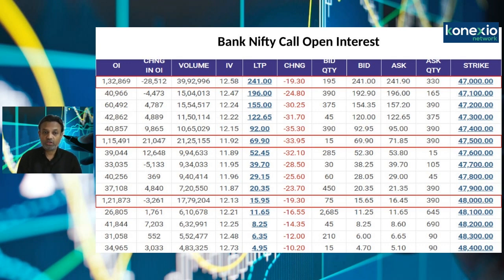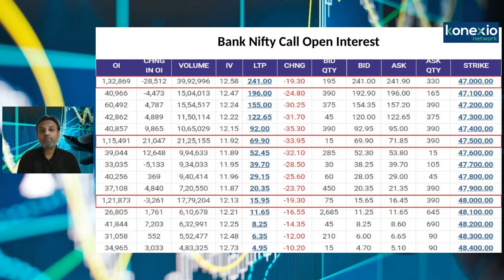47,000 strike price call. There has been a shedding. Volume is rising, but open interest is shedding. Now here you can see the next concentration is around the 47,500 mark. So most probably, if Bank Nifty closes above 47,500, because the shedding is clearly indicating that the writers of this